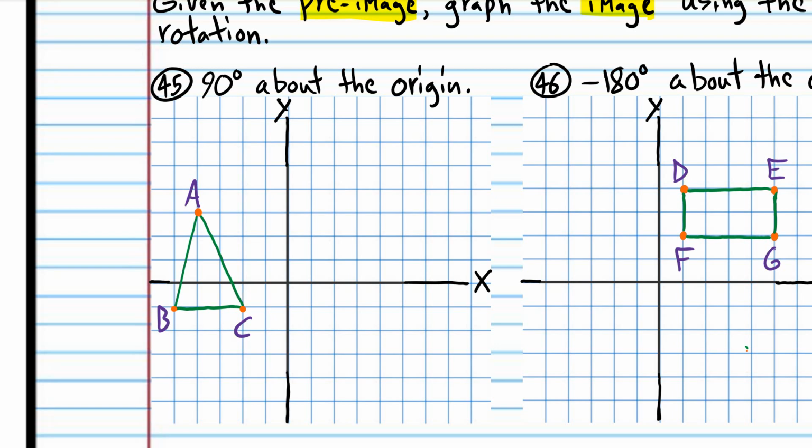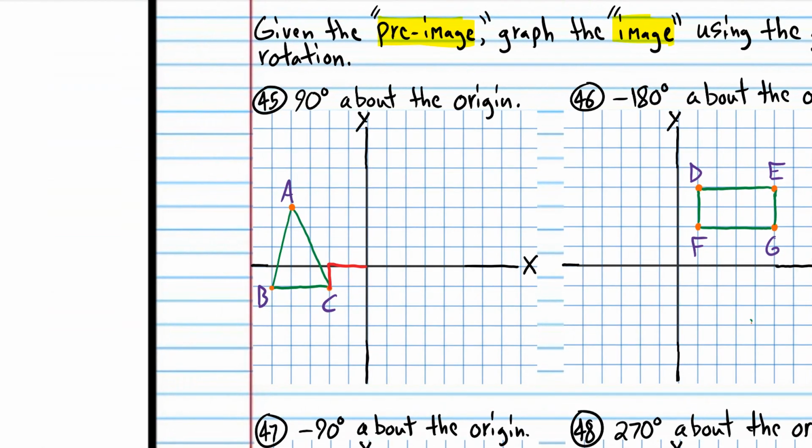C, that point is -2, -1. Now, whenever you rotate a multiple of 90, you always switch the x and the y value. So our C prime is going to be 1, 2. We just have to figure out what the sign is going to be. So you want to go out 2 and down 1, and then if you rotated 90 degrees so that the y-axis becomes the x-axis and the x-axis becomes the y-axis,